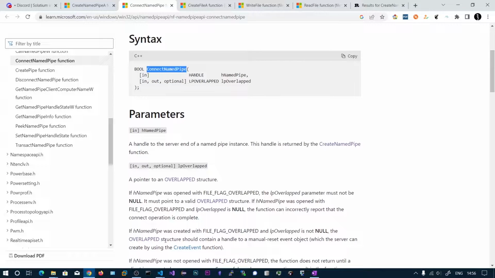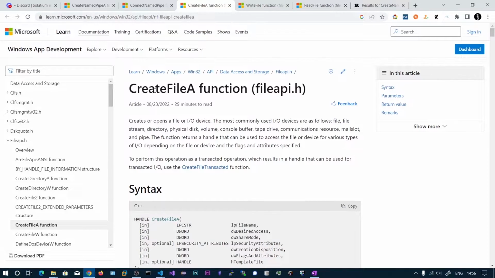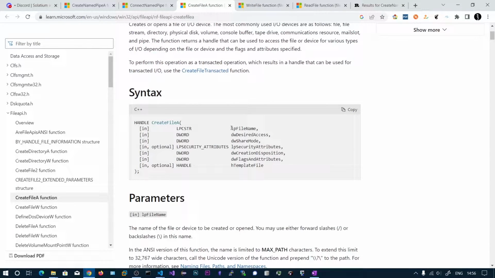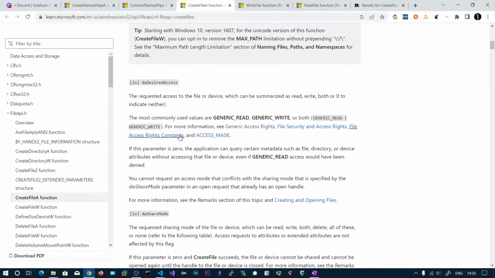So now we are going to write the client instance. We'll be using the create file here. This will create a file or create a client pipe instance. So the first parameter is file name. The file name can also be the pipe name. And the desired access, so we want to read write, and